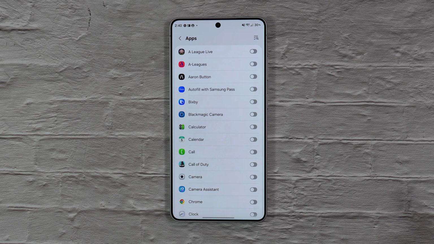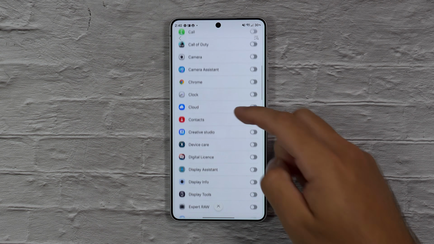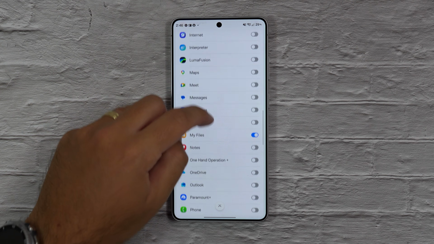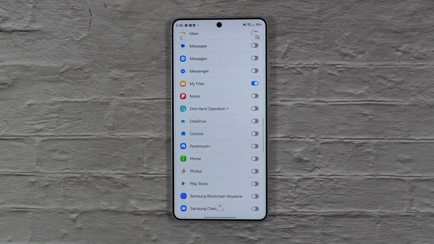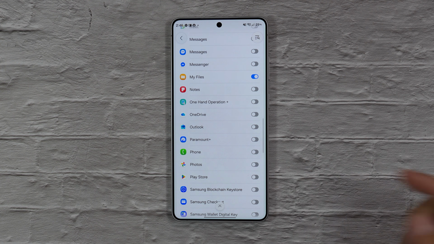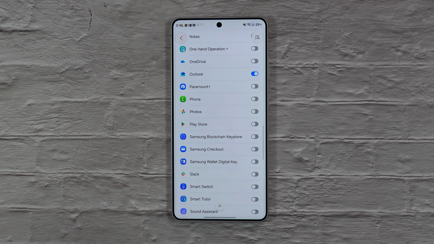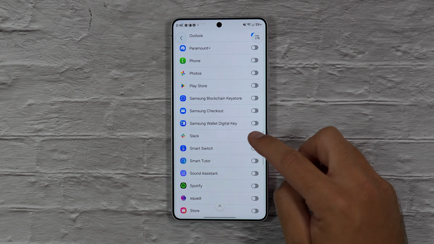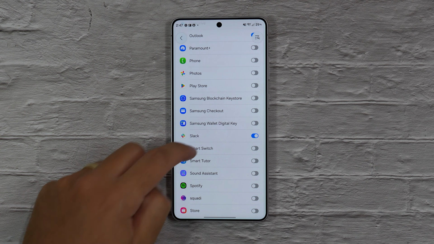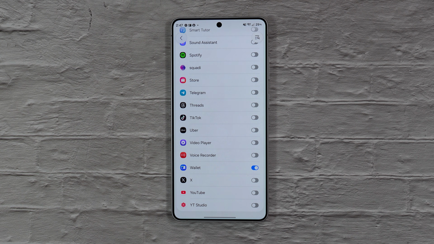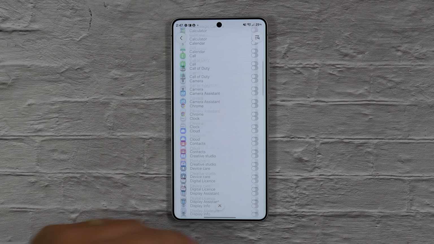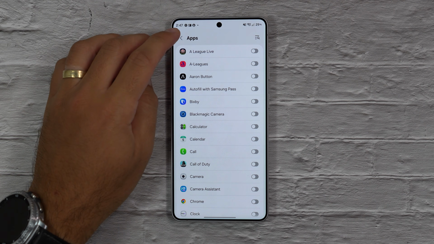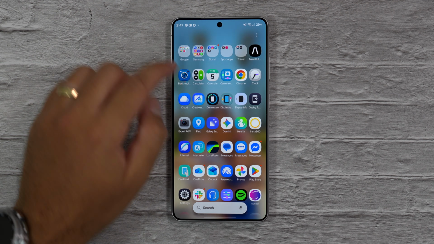First one is by apps. So if I wanted it to activate just in apps, let's say I like my files to be carefully curated because there could be sensitive stuff in there. But you can choose Outlook as a great one because if you're checking your emails, if you're someone who messages through Slack, also a great one. But then you can do things like Samsung Wallet. So if you're going to pay, especially at the terminal, you can just protect that with the privacy display. And then you can toggle it on any app that you feel like you might need it for. Once you open that app,